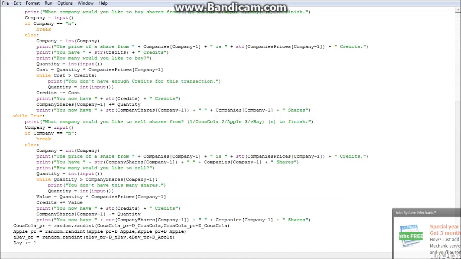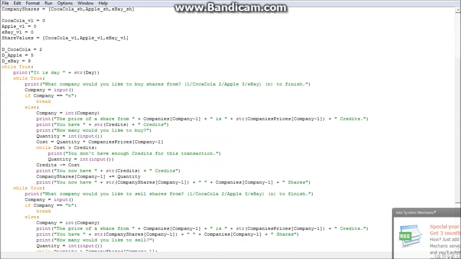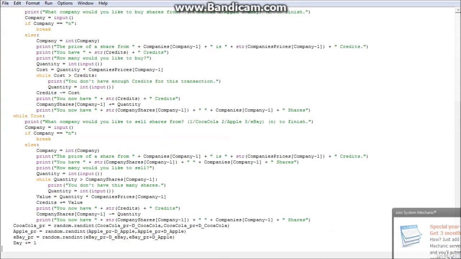So you do Coca-Cola price minus the difference of the Coca-Cola, which is 2, all the way up to Coca-Cola price plus the difference of 2. I've done the same with Apple, plus and minus 5, and eBay, plus or minus 9. So it could be 18 different numbers at once. The day adds 1. And what we're going to do quickly is we're going to make it